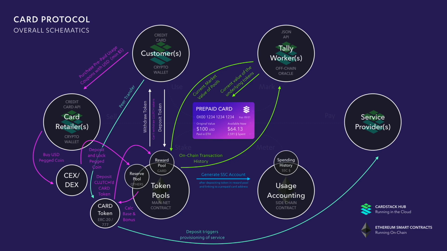Now, this obviously also allows us to calculate bonuses. So it's like, if you buy some points today in this airline, you get a bonus 20%. We can do that to incentivize people to make deposits, to use the thing. And that's one of the nice things about having the card token as a native token, is that we can incentivize the type of customer behavior, service provider behavior, retailer behavior, so that it makes sense for them to use this network to begin forming this acceptance network, and knowing that the earlier they participate, the more value they're going to get by essentially earning bonuses for doing the right things.